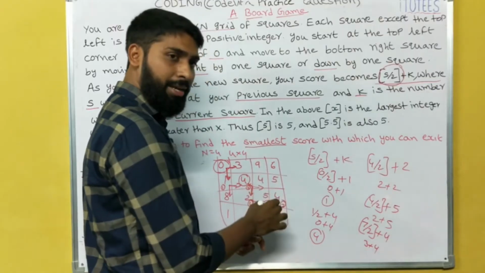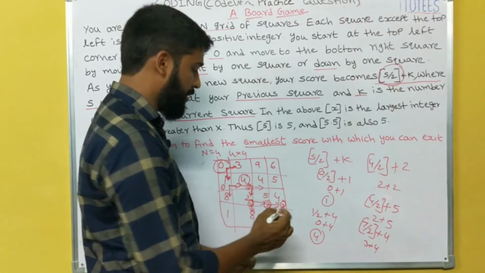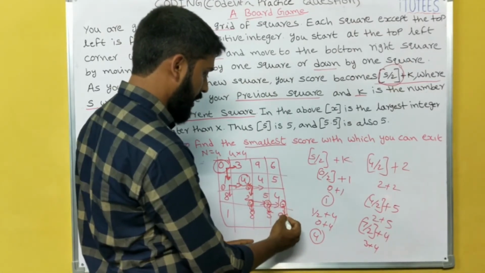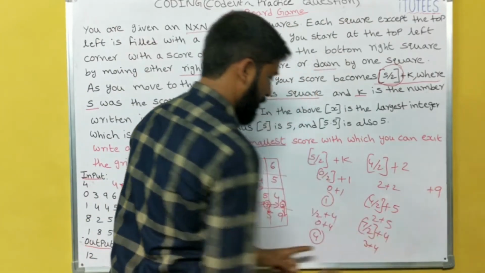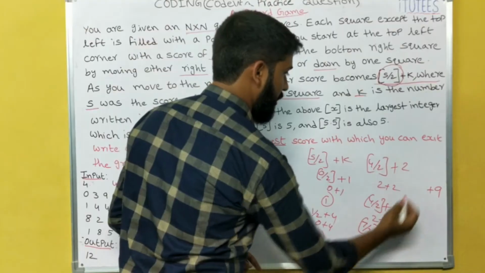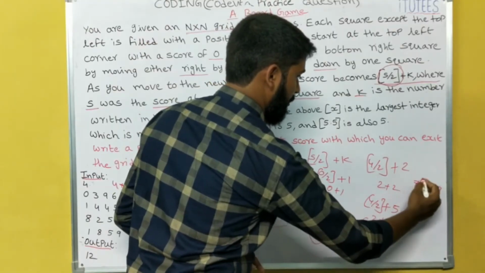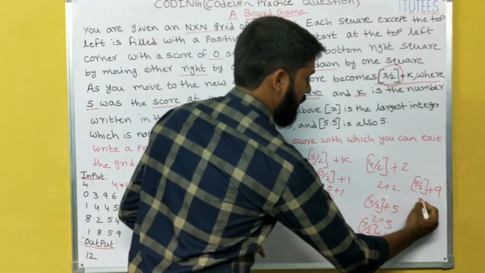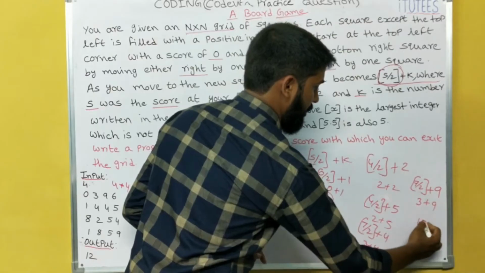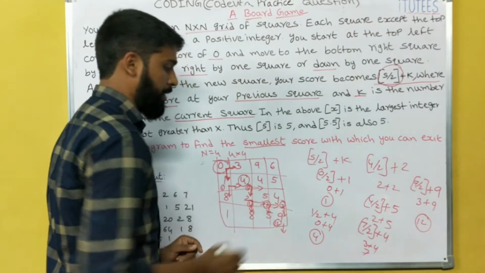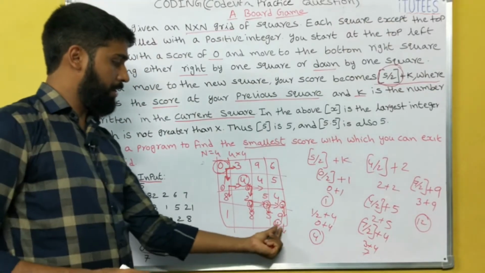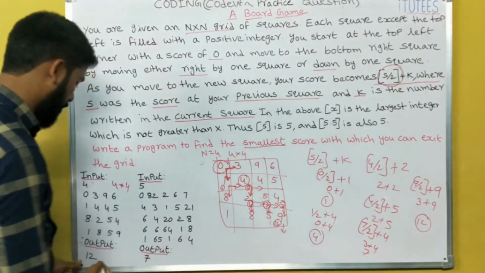Now also I am in the grid. I can exit from the grid. So obviously I go down. What is the k value? 9. So what is the previous value? 7. 7 by 2 means 3. 3 plus 9 means 12. So here the 12. I exit from the grid. So what is the value? 12. So 12 is the output.